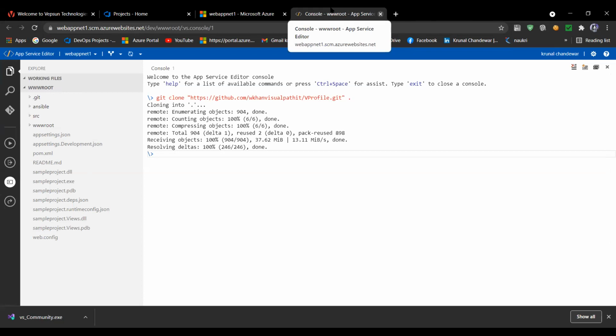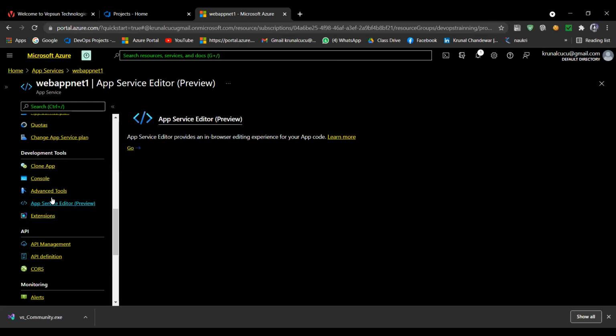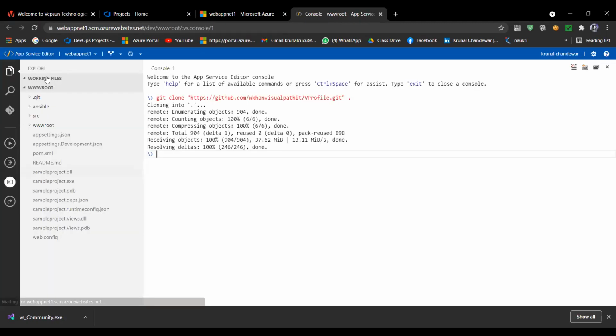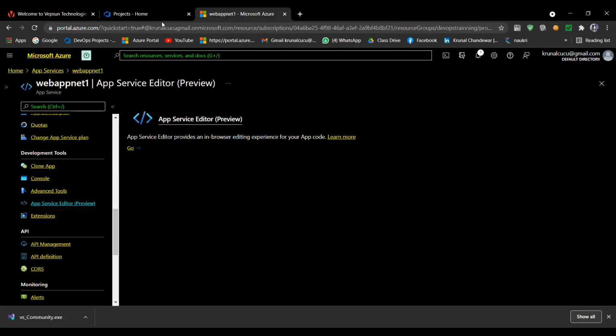That is everything completed, so I'm closing this one also. If you click again here, you are getting the same window, meaning whatever project we imported and deployed, you get all those details. We don't want this now.